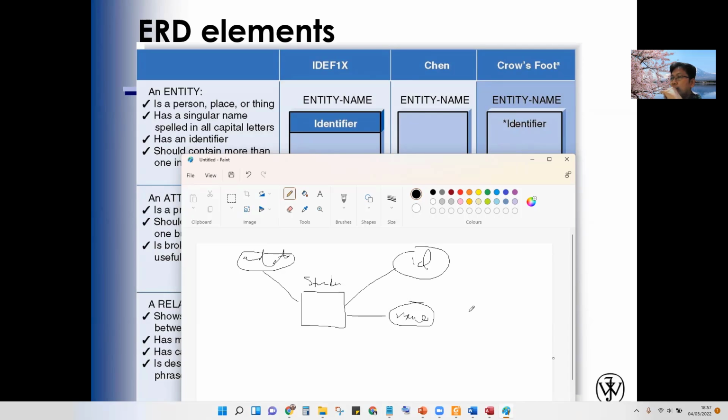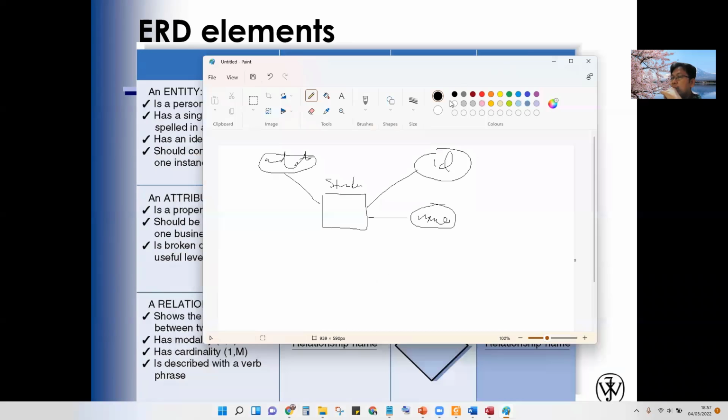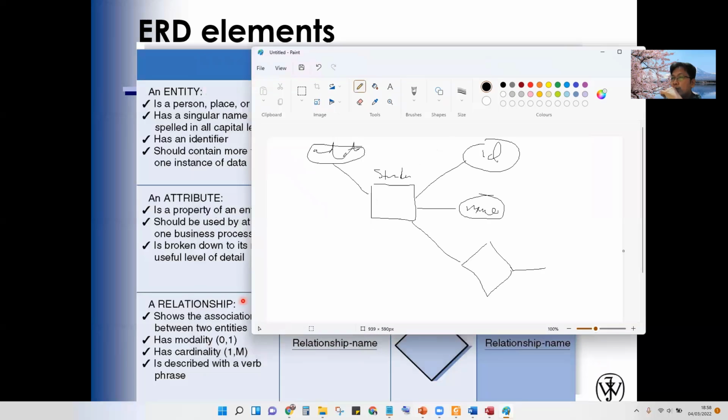And if a student attends a course, this is the relationship. They use the diamond. Student, for example, attends a course. This is the Chen method.